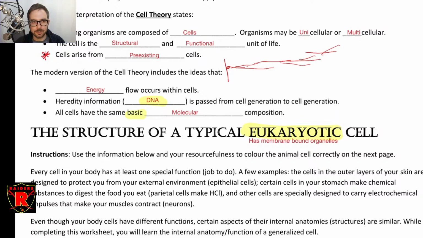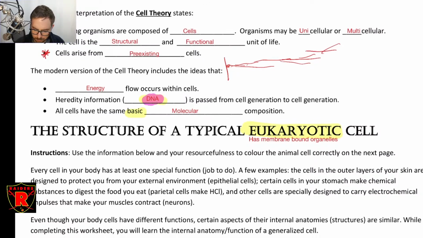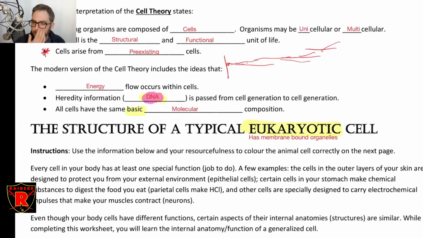The hereditary information, so how a cell passes on its data on how to build itself and how to do all of its functions to its daughter cells, is contained within a molecule called DNA, which we're going to get into more detail about in this. Are we going to get to that today? Yeah, we might just start chatting about it today, but we'll get into far more detail tomorrow. And it's passed from cell generation to generation. So you are going to pass, or I mean, you could, if you wish, pass on half of your genetic information to a child, if you wish, if you're capable.